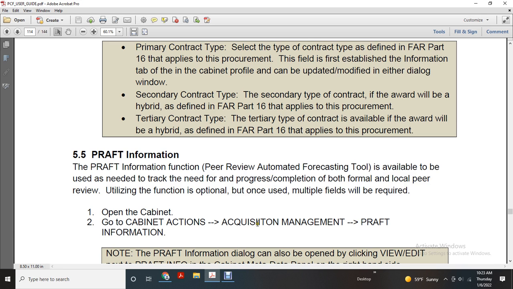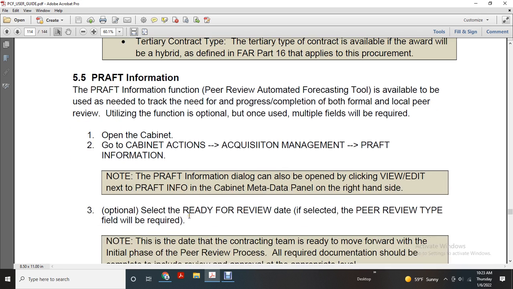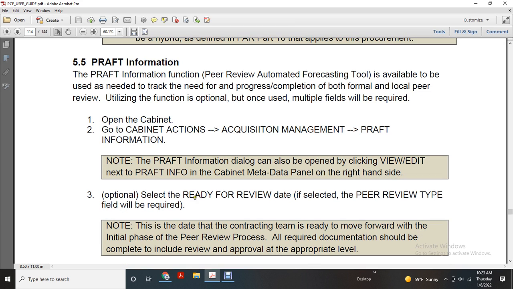Open the cabinet, go to Cabinet Actions, Acquisition Management, PRAF Information. Note that the PRAF Information dialog can also be opened by clicking View/Edit with the new PRAF Info in the cabinet metadata panel on the right-hand side. Step 3, optional: select Ready for